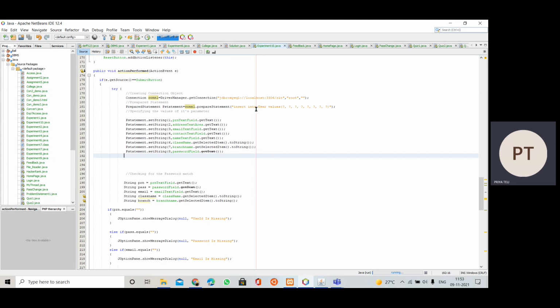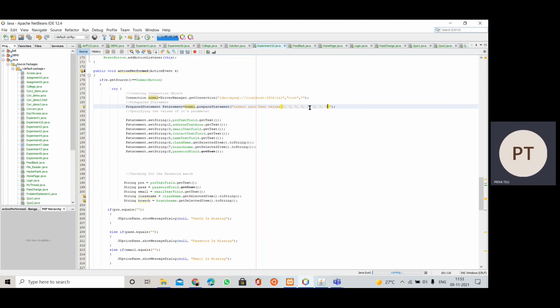This is a parameterized query which is insert into user values, and we have given question marks as per the number of columns we have inside our user table. So we don't know the values of these columns, what will be inserted into them will come from the text fields.